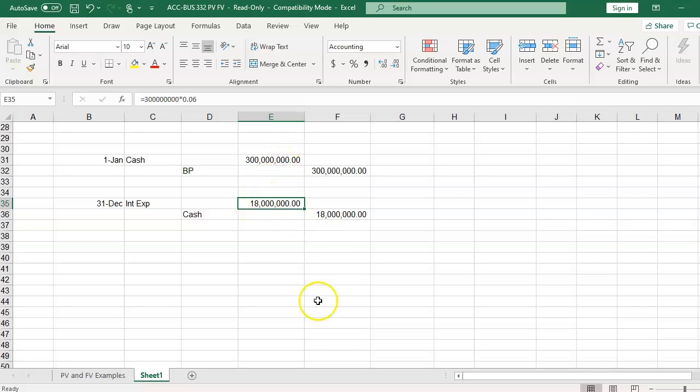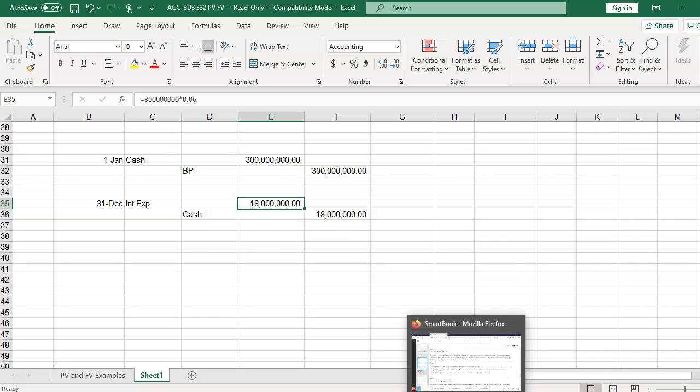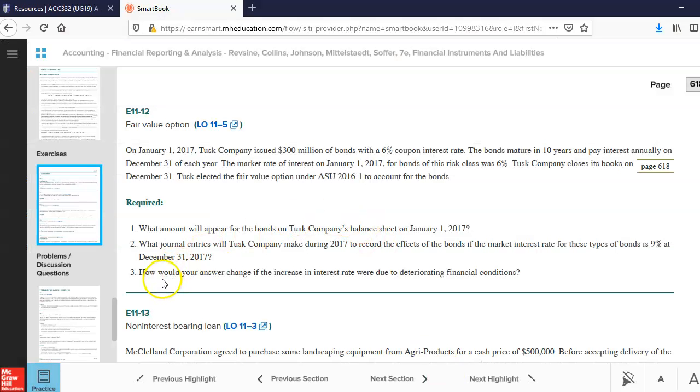Okay. And then we get to probably the challenging part of the question, which is right here, which is the fair value. So we're going to record the fair value. Market rate of interest now changes to be 9%. So this is where it's going to be just a little bit different for us. And so we have to go through a process to change that and fix that basically. So what we do is